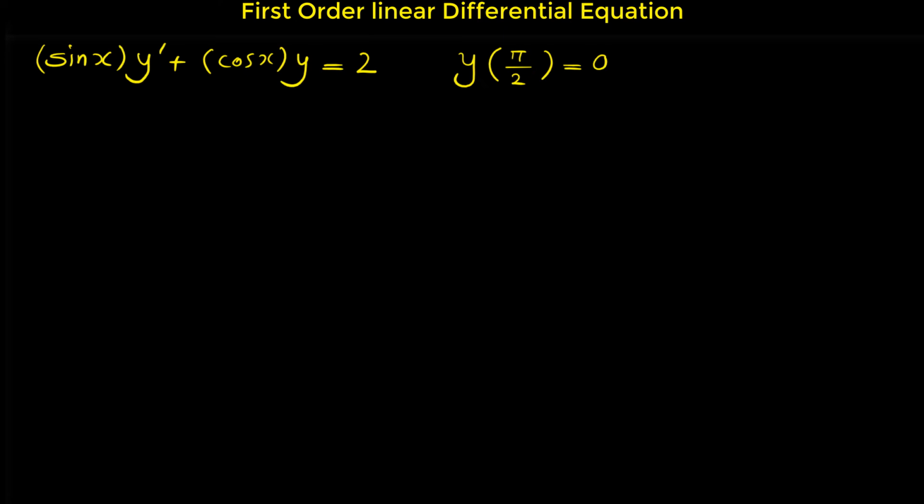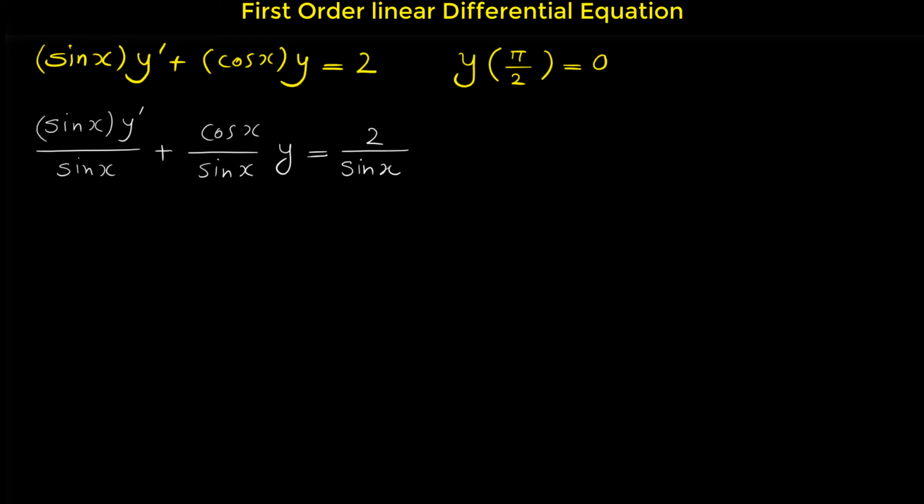If we divide every term of this differential equation by sine of x, we get to this equation. In this term, sine of x from the top and sine of x from the bottom cancel each other, so we get y prime